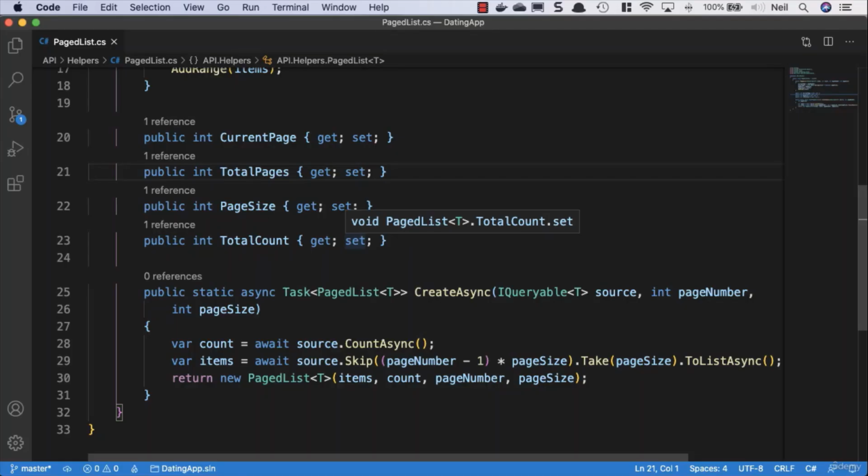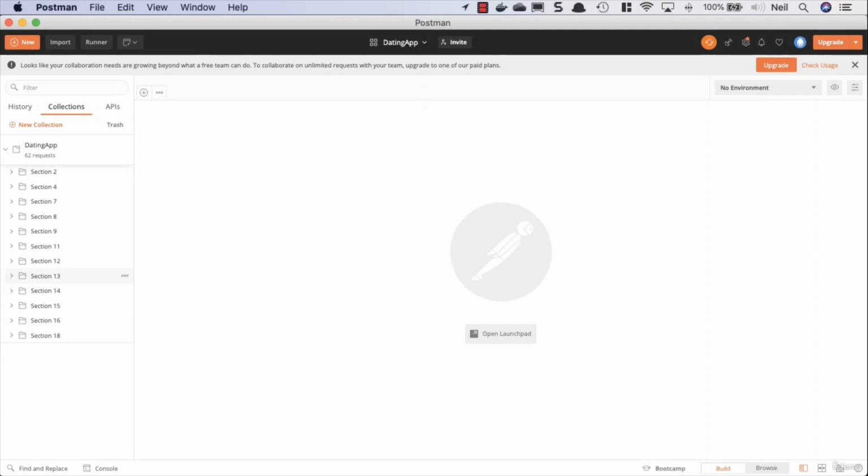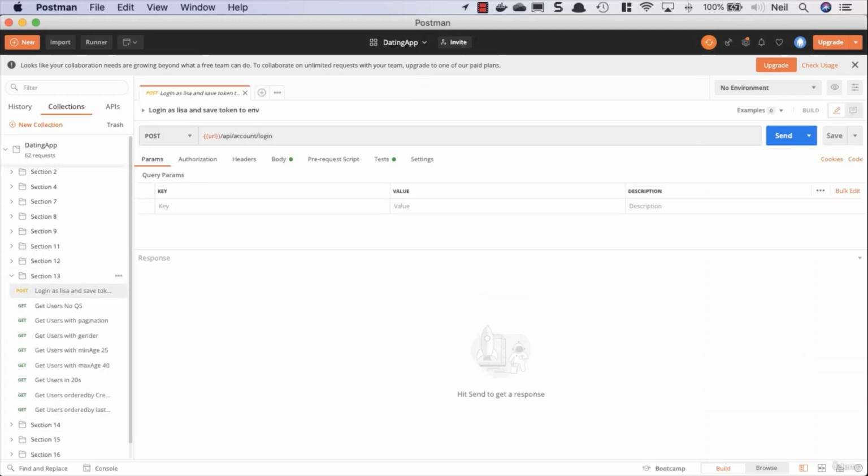So what we're going to be doing here is creating our pagination information. And we're going to have information about what's being paged. What we're going to return to our client is the pagination information inside the header. What I mean by that, if I go to Postman and take a look at our requests we have inside here,